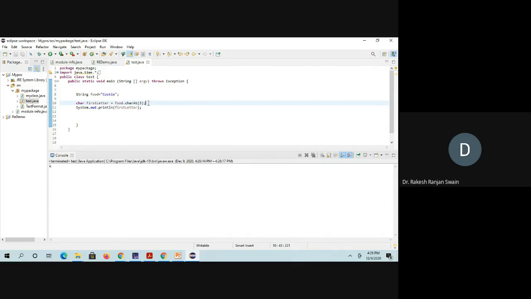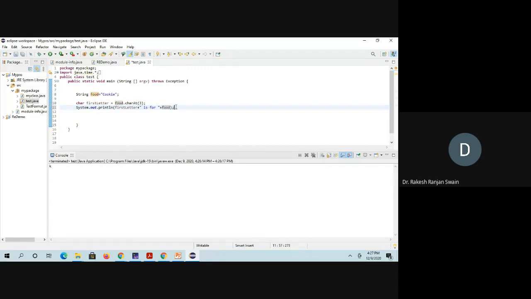Okay. So here we can print like this, just a formatting way. I print firstLetter, then plus " is for ", plus food.